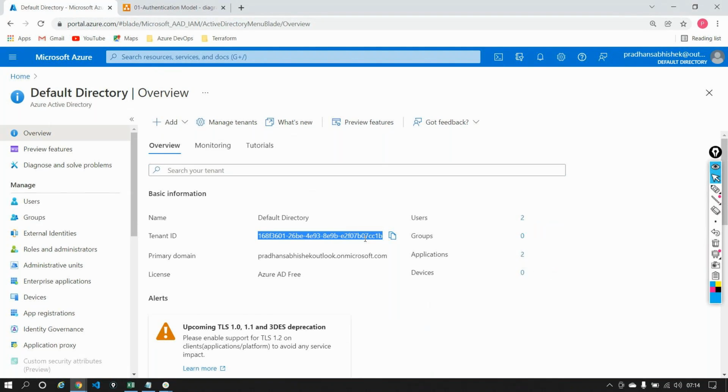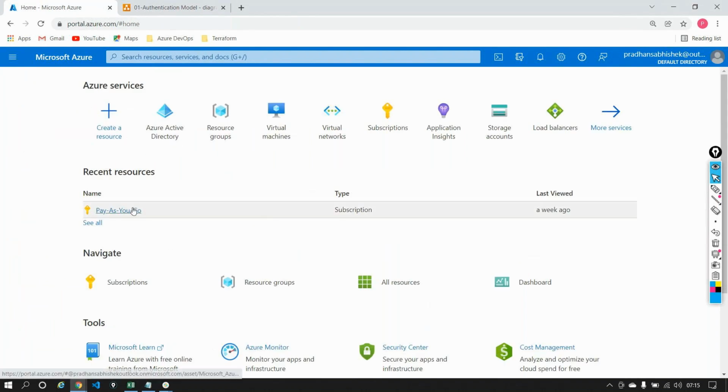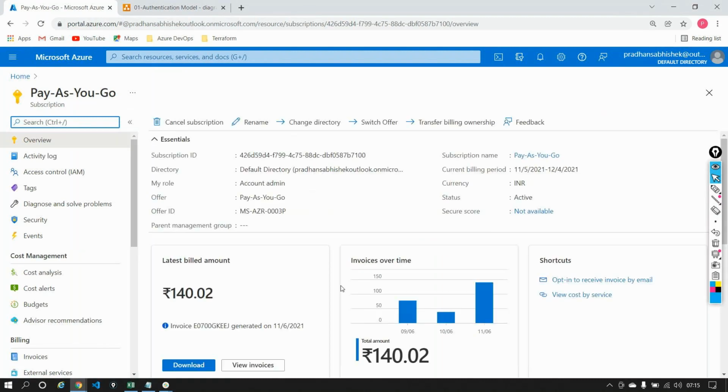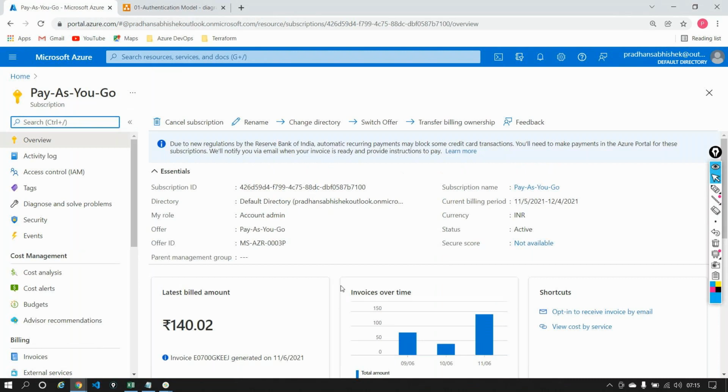So how did I get a tenant ID? Very simple. As and when I registered myself with Azure, I got a tenant ID assigned to me. After a tenant ID, this is like an Amazon account. If you want to watch any videos like Prime Video, you need something known as a subscription. That's when I went ahead and bought a subscription with Azure known as Pay As You Go. In your case, it would be something like a free trial subscription. So this is my Pay As You Go subscription. This is how it looks right now. So I have a tenant, I have a subscription, and I also have a role. I am the administrator for this account, meaning I am the owner for this account.